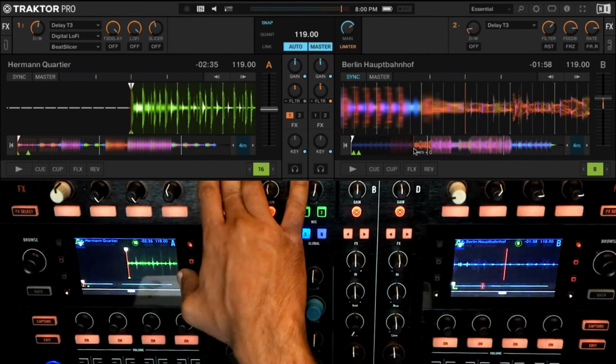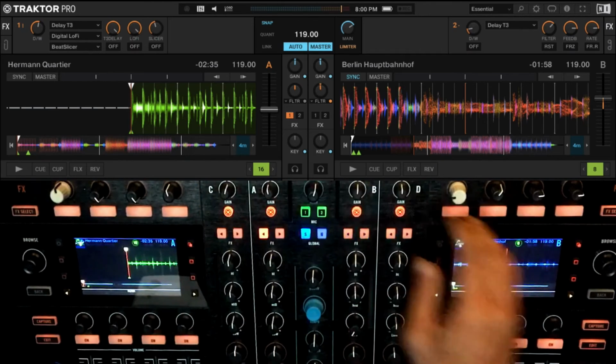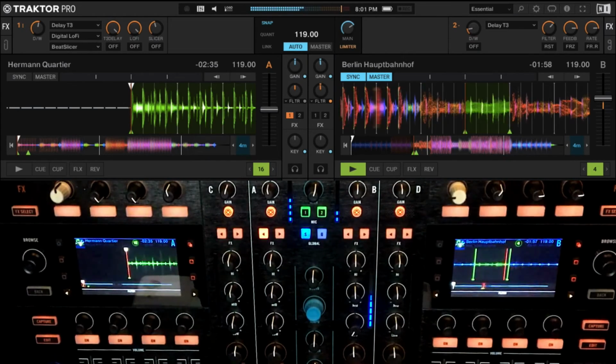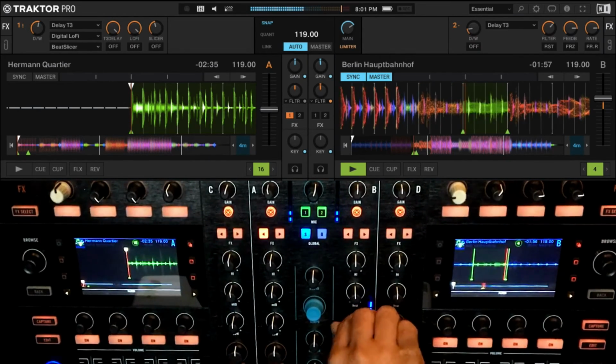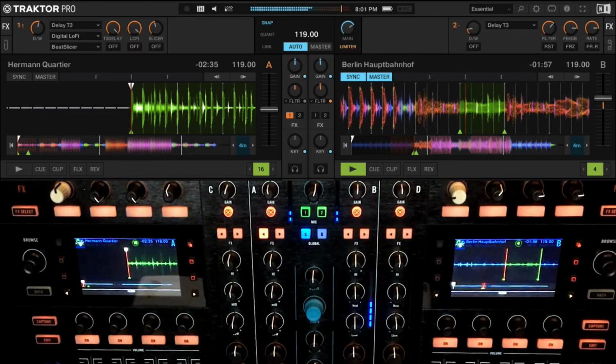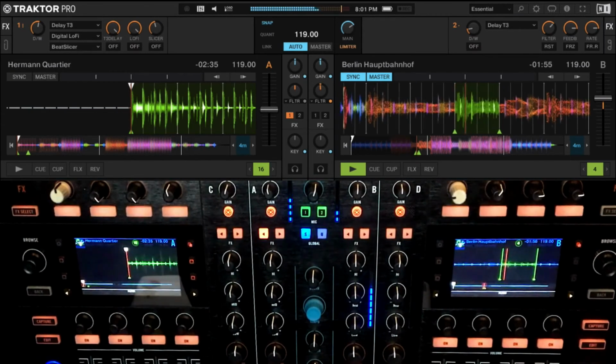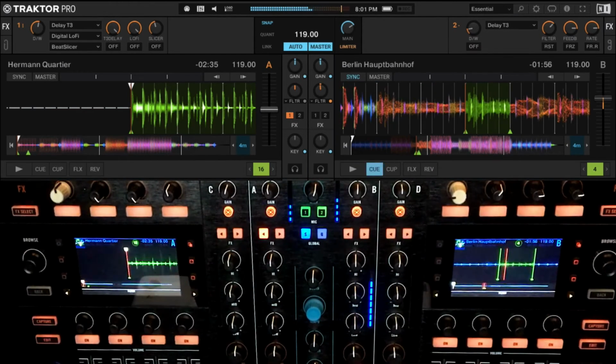We will take a loop from this track, from whatever this other track is, 4 beats in a beatless section. Okay, excellent. So I have this loop.